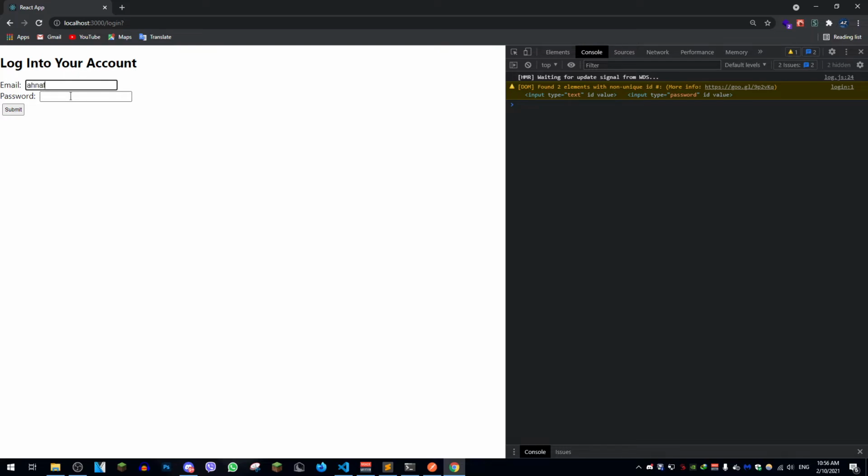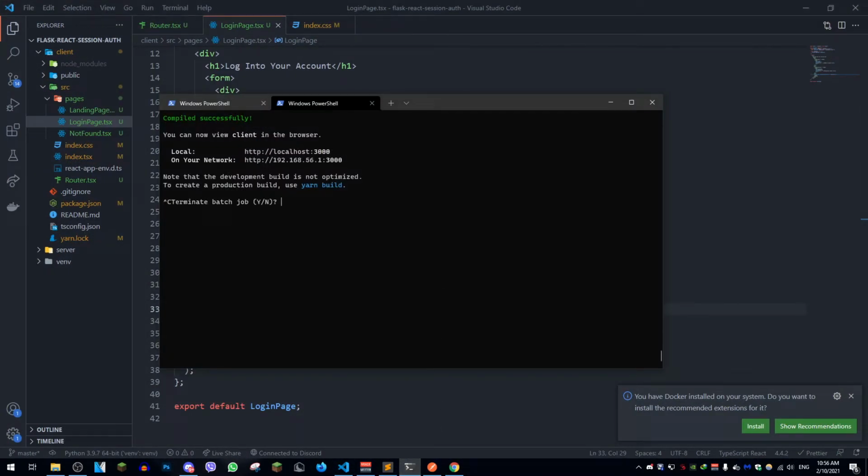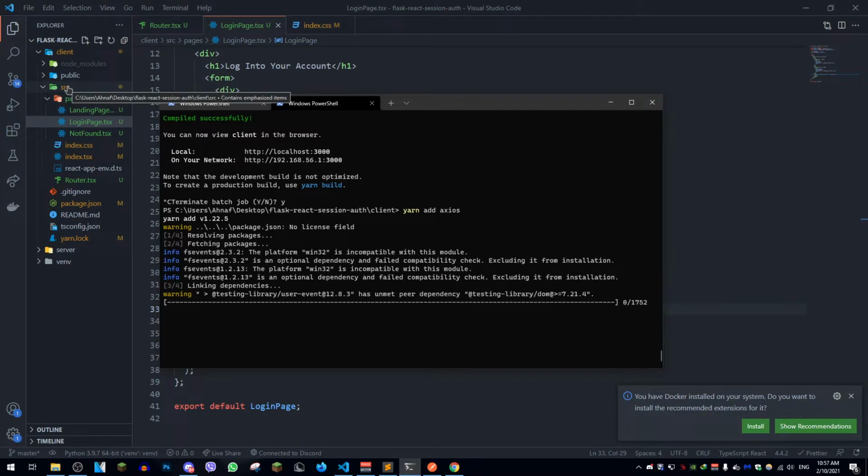So by default, any button in the form would be a submit button. So we're just going to have this here, and what I want to do is make an API request with this. So let's actually install Axios. So we can do yarn add Axios, and Axios is a library that I really, really like to use